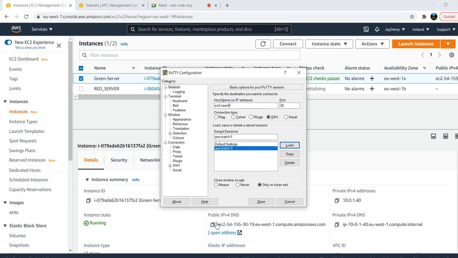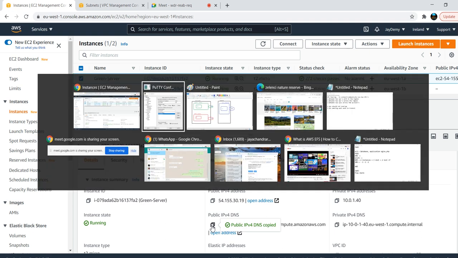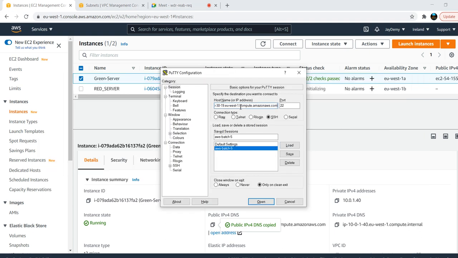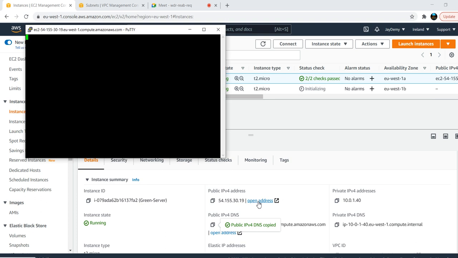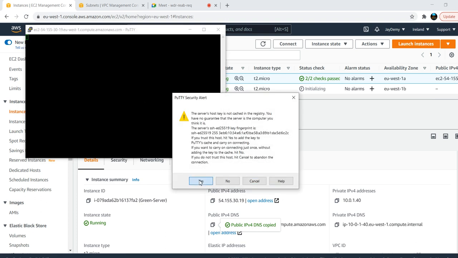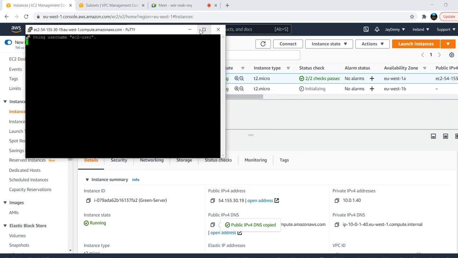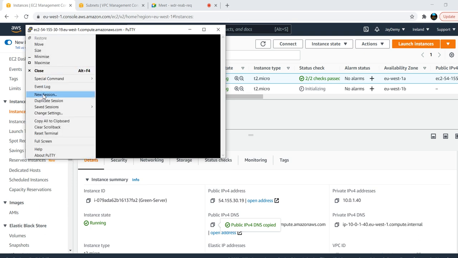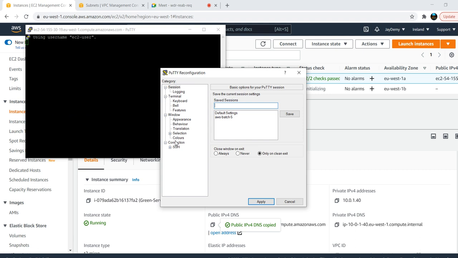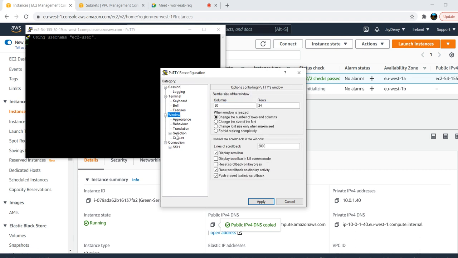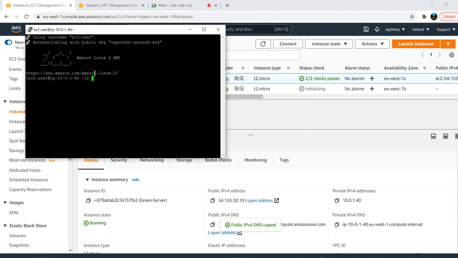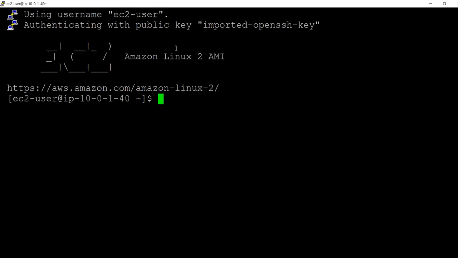So I'll get the IP or DNS host name of the server and log into this one. Yes, I want to connect to the server. Change settings. Okay, now I have connected to the green server.